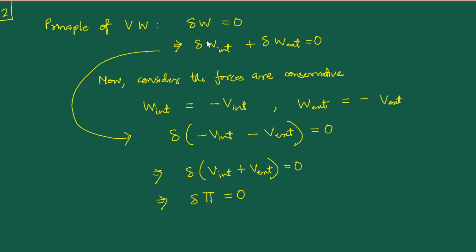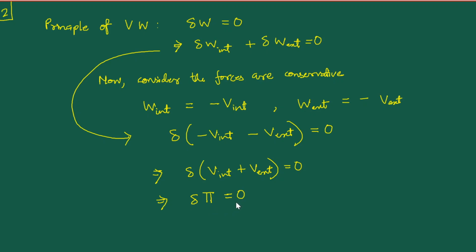Okay, so starting from the principle of virtual work, under the consideration that the forces, both internal and external, are conservative, we end up with this statement that the first variation of the total potential energy, this capital pi here, this is the capital Greek letter pi,